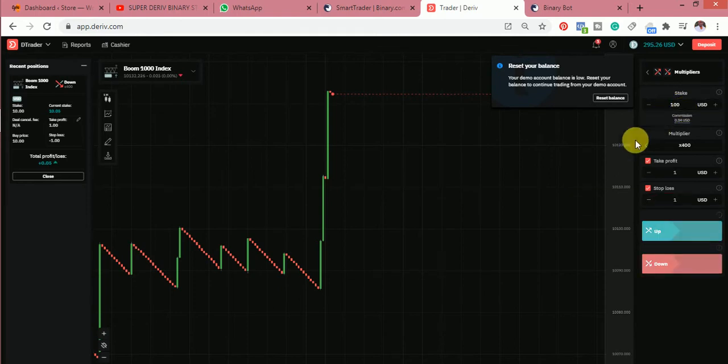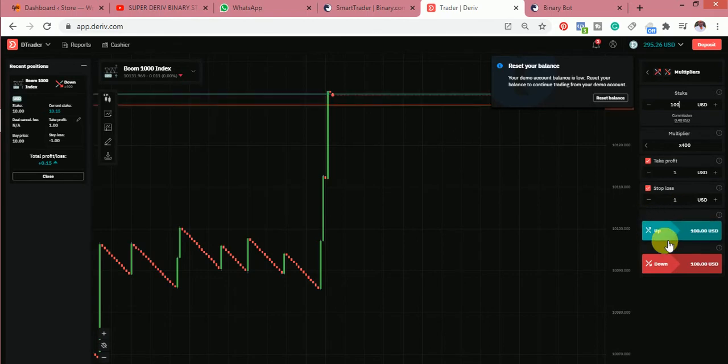I'm using $100 just to rush up with the trend, because most times the best way to trade this boom market is to really rush up with the trend, get in and get out really quick before it booms, especially when you are not using special indicators. This is for those that are not using special indicators and are just trading by looking at the chart. Alright,